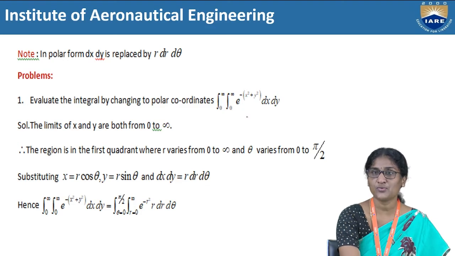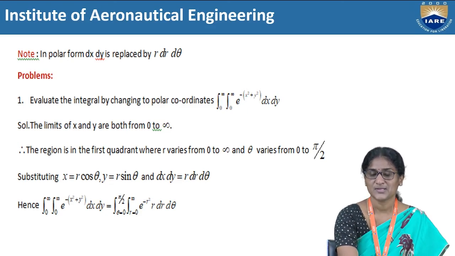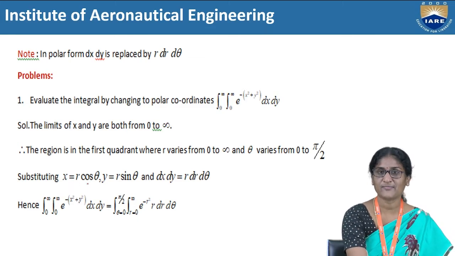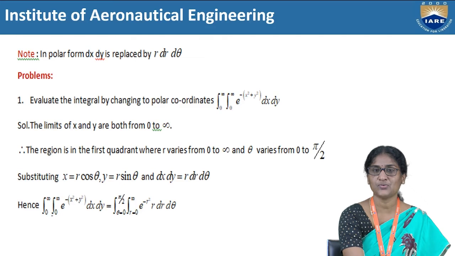Whenever you are converting to another form, we have to give the relationship. If it is an unknown field that we are going to find out, then in the question itself the relationship has to be given. Polar and Cartesian are very familiar fields for us, so even though the relationship is not given, we can write it from previous knowledge, that is x is equal to r cos θ and y is equal to r sin θ. So wherever x is there, we put r cos θ, and wherever y is there, r sin θ, and dx dy is equal to r dr dθ. So the given question can be easily converted to this.